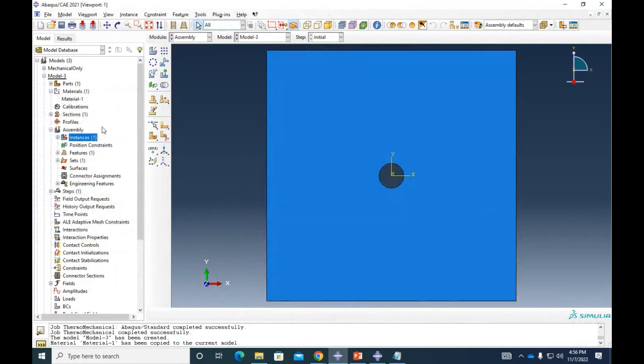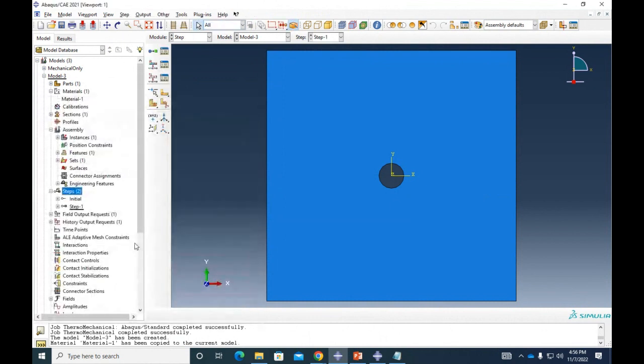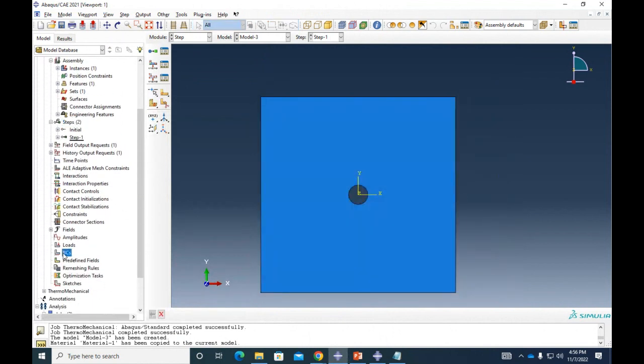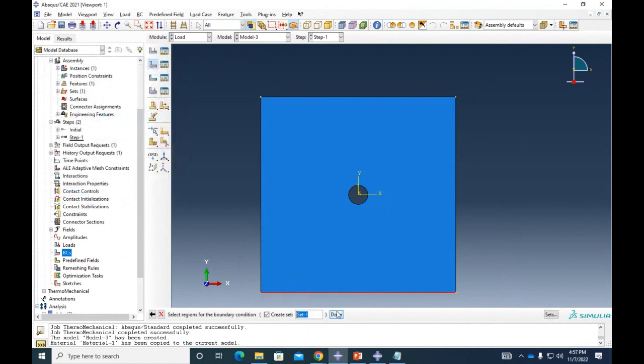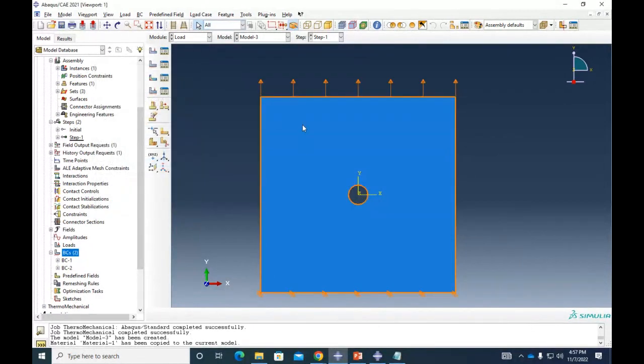Sorry if I'm going too fast. I just want to show you the results, and still this is gonna be recorded. A step. I'm just gonna do a static analysis in here. I'm gonna have some boundary conditions in here. So this bottom surface is gonna be restricted. And then in this top surface, I'm just gonna apply a displacement of 5 millimeters. So I'm just gonna pull that surface 5 millimeters, all right?